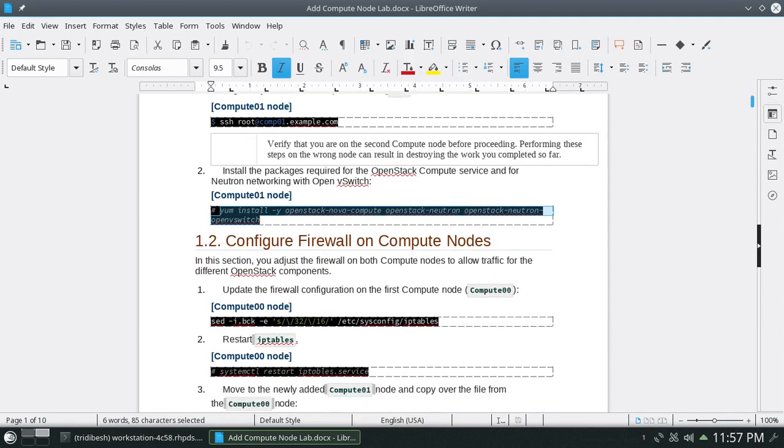Some 247 packages will be installed because of this. Once we are done with that, we have to configure the other compute node, the comp00 node, for copying the required configuration file. For doing that, first we will be modifying the IP tables rule so that our new node will be able to communicate with this existing compute node.